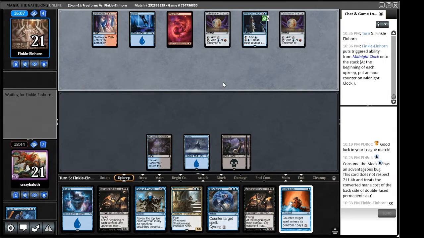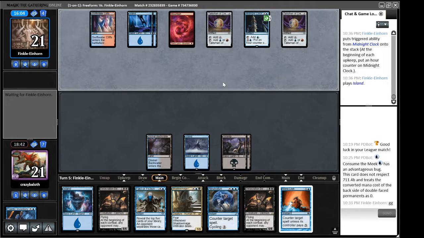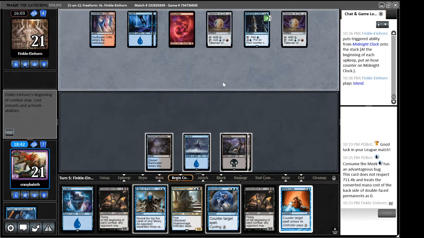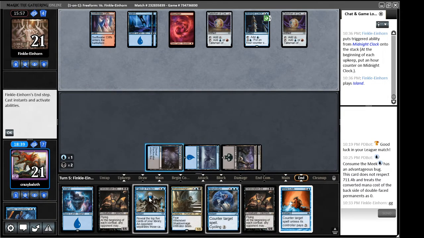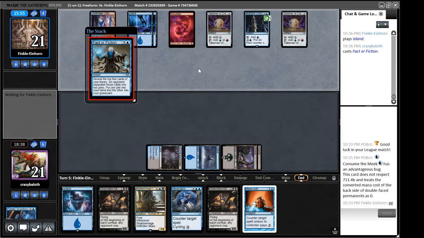Alright. Surprised they didn't Thryx me or whatever. I'm gonna try to bait with a FOF on end step. I mean, I don't mind if it resolves. It's not really bait, but...